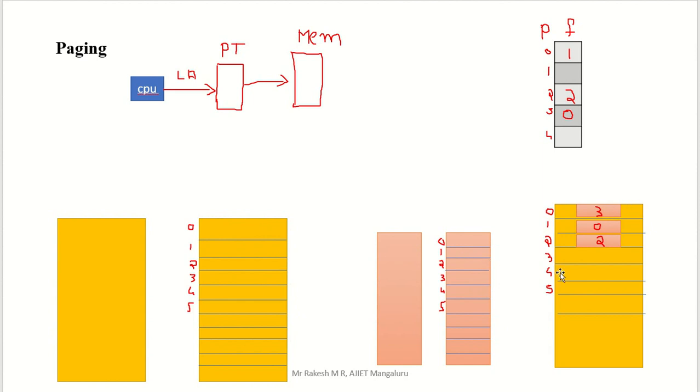Next we can see another diagram here. As I told in the previous explanation, we are going to move your process into main memory. In the previous concept I told that the entire process is moved into one block of the memory, but here we are changing our concept. Here we divide the entire process into small blocks called pages. These pages, one by one, we are going to move into frames one by one.